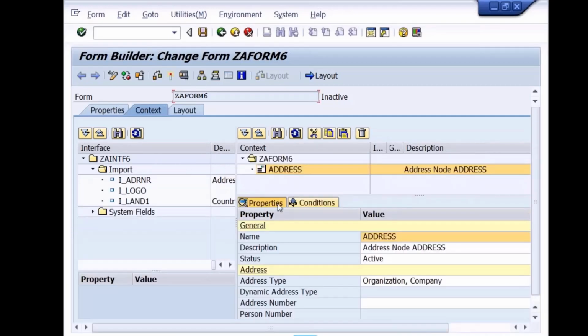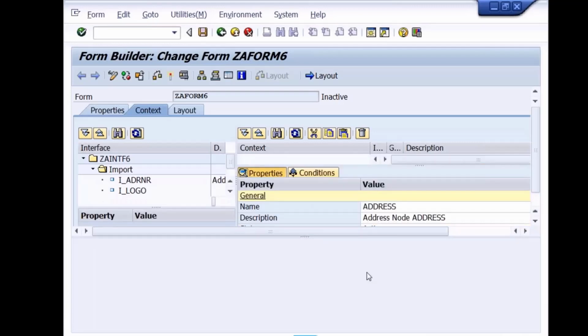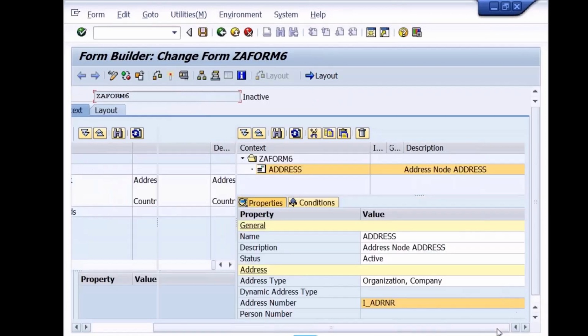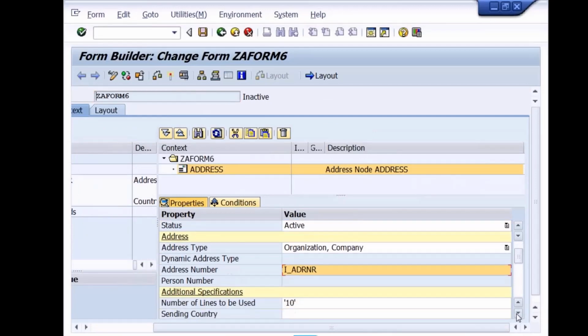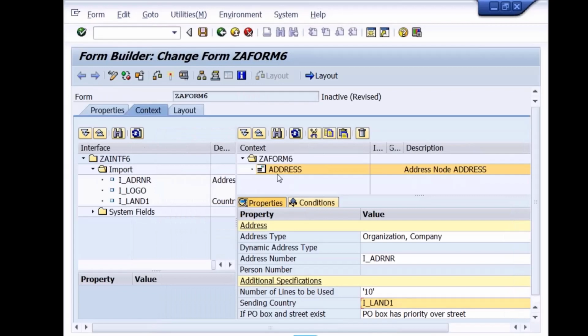I believe I can directly map it here. What is the parameter there? I underscore address number. Save it, check it. No, did not specify a country, sender country. So let me scroll down. What is the other variable? I underscore land one. Okay, so let me save.